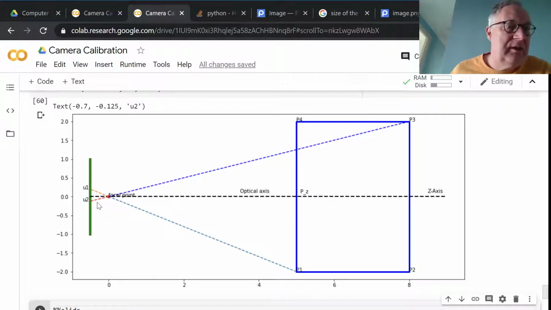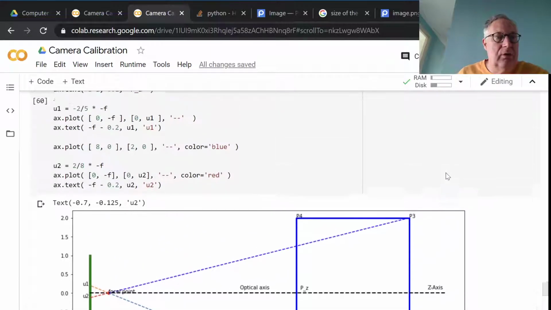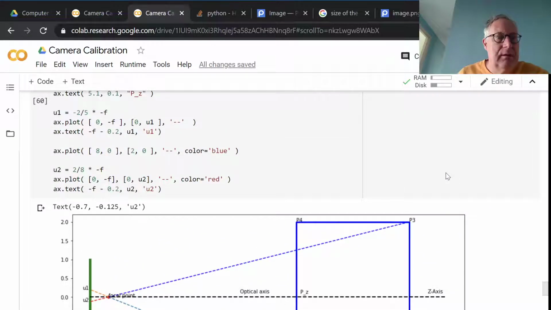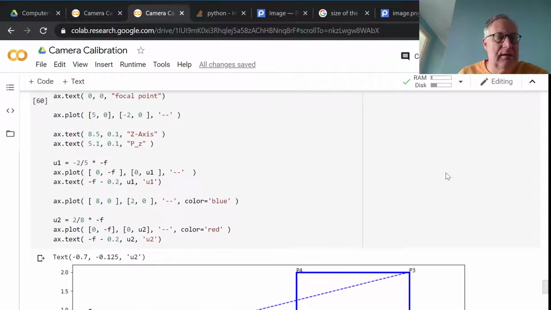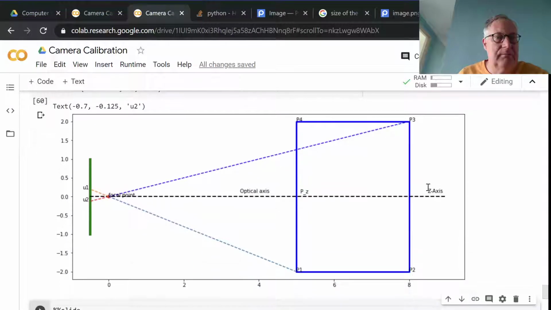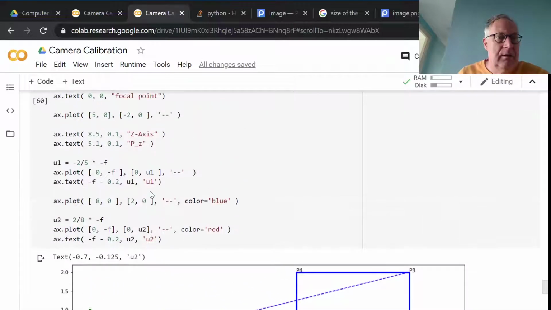And now you can see that the distance u1 is actually much bigger than u2. So if I look at this line here, P1 to P4, it will appear much larger in my image than the line from P2 to P3. Right? So when I actually look at the new coordinate, at this u, then if I expand it,